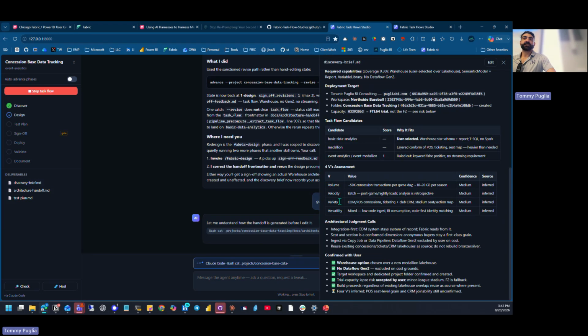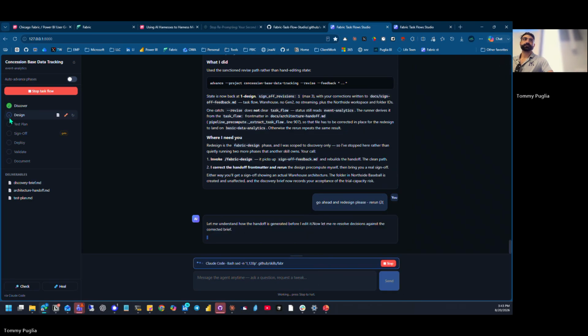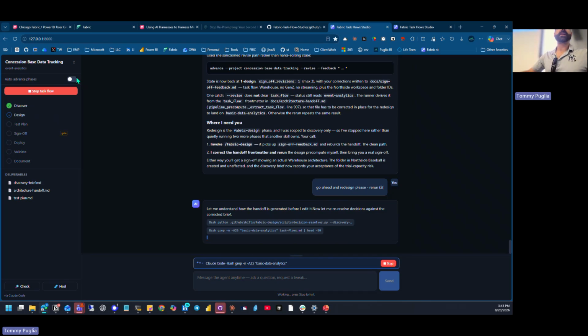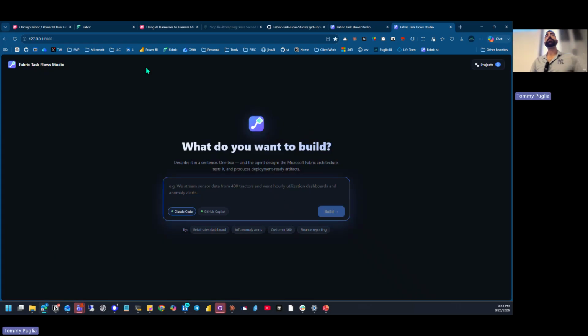You can actually see the discovery brief here. And this was even updated too to say that the warehouse option is chosen, which before was an option. Now, again, if I want this to deploy automatically, I could just turn on the auto edit. So now while we have that running, let's go back to the other Fabric workspace to say,